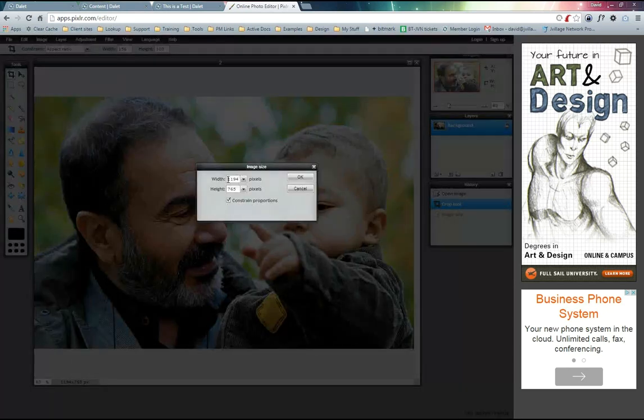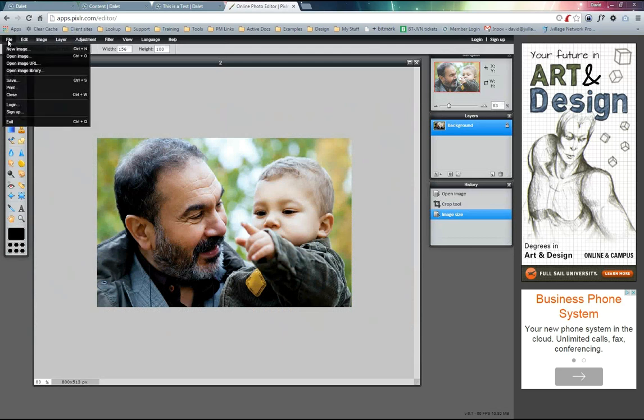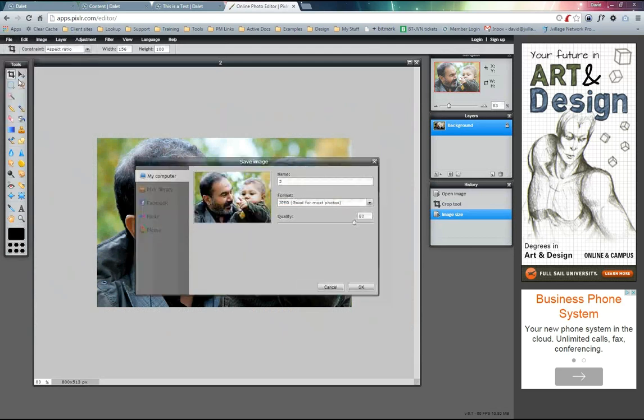So I want to take this down to, let's say, 800 pixels in width, and that's going to leave me with an image that's 800 by 513, and I'm going to click OK. All right, so there's what my image is going to look like. That's all I need to do to my image. Now I'm going to go back and save my image to my computer. I'll give it a name,